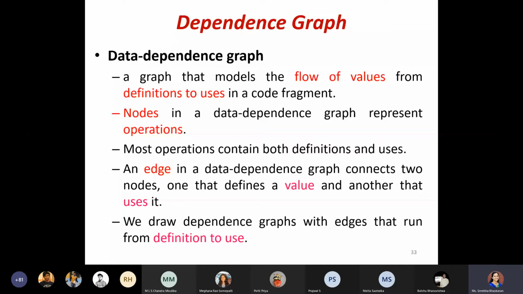Once you rearrange it, we were just showing the flow of control from one statement to another. That was what we discussed in control flow graph.